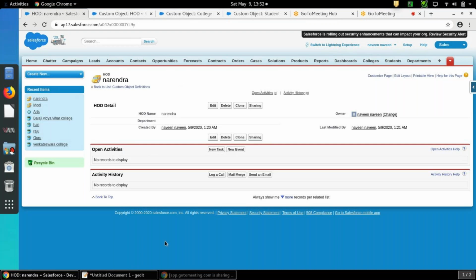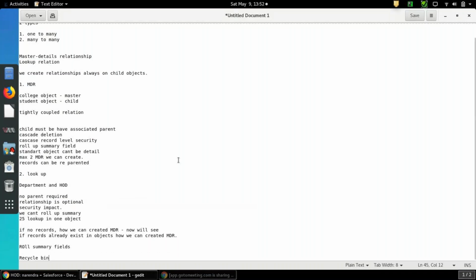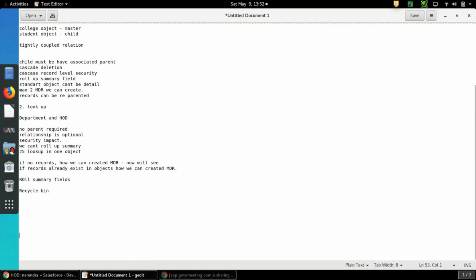For that, what we have to do: first step, we have to create a lookup relation in that object, then populate all the records to the parent, then change the type to master detail relationship. In this way we will do.